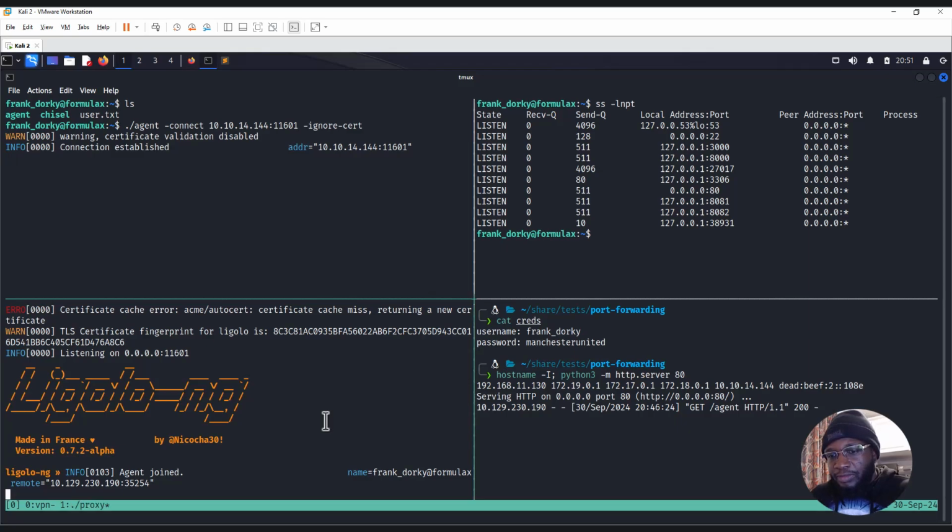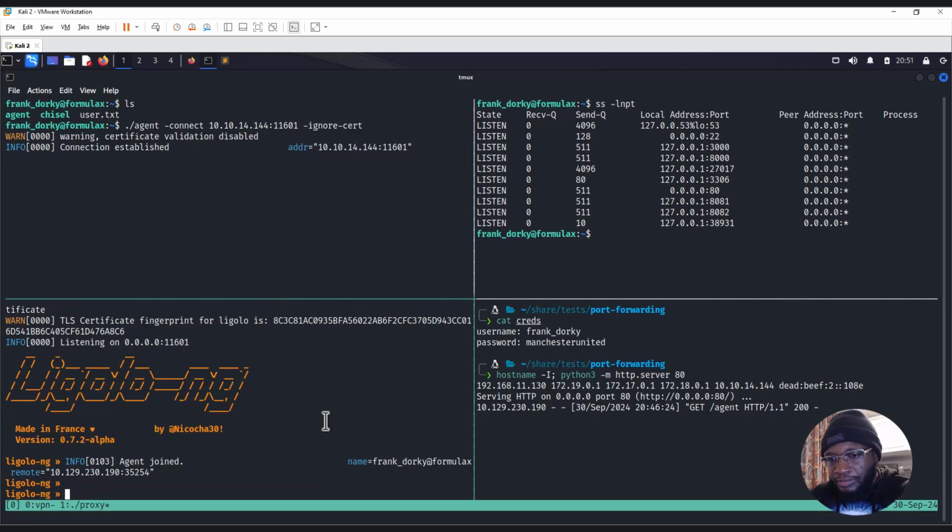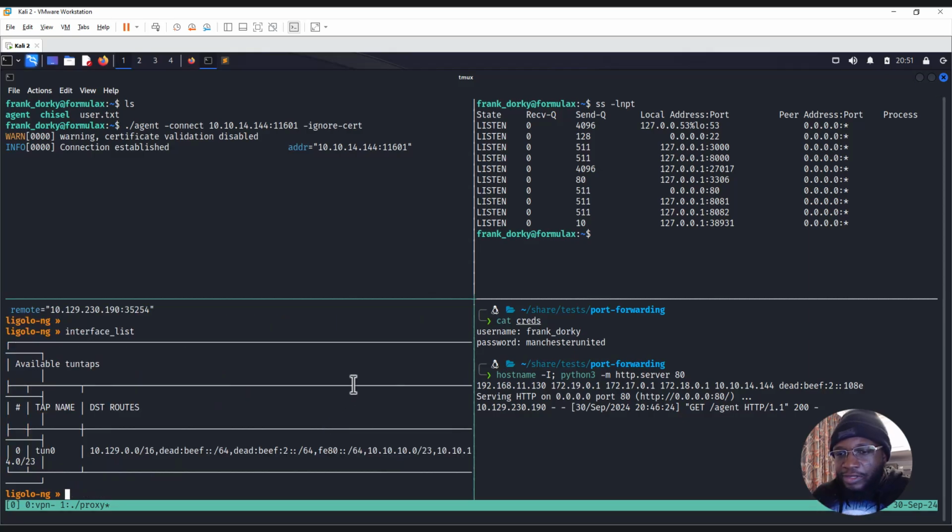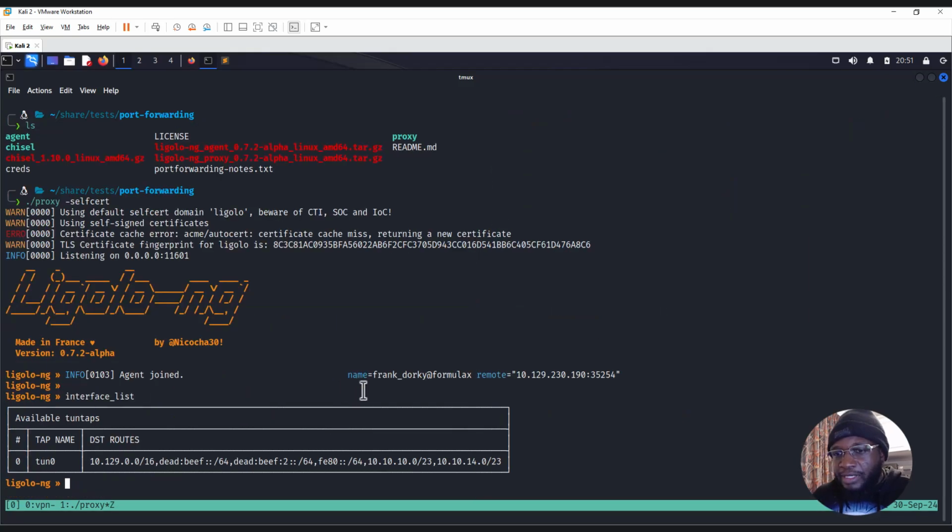All right, so let's come back here, and then what we have to do is to create an interface. If you do interface list, I'm going to expand this. You can see that we only have the town 0 interface, but we have to create our own interface so that we can tunnel all the traffic from the remote machine through that particular interface. So we have to say interface